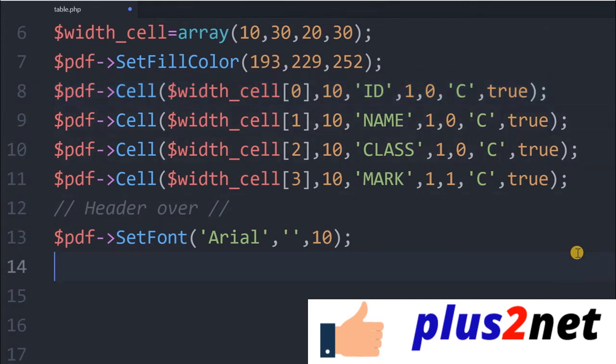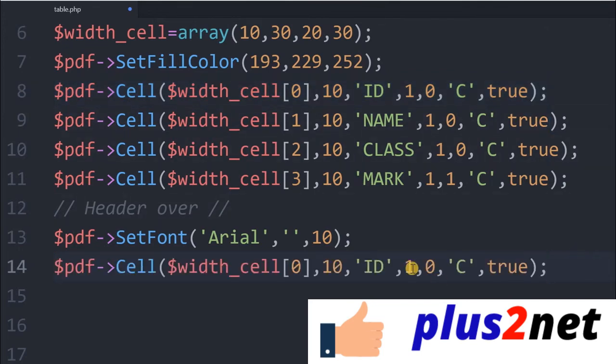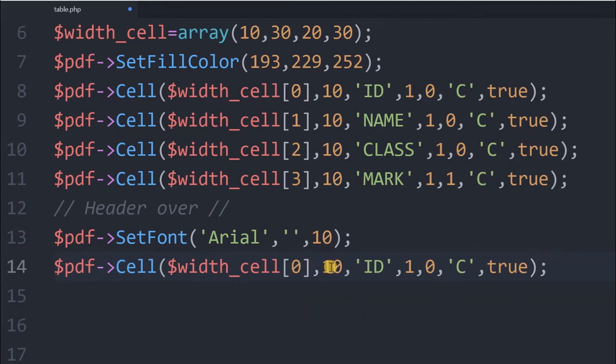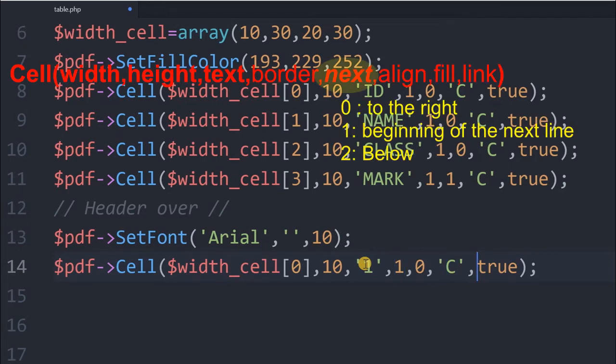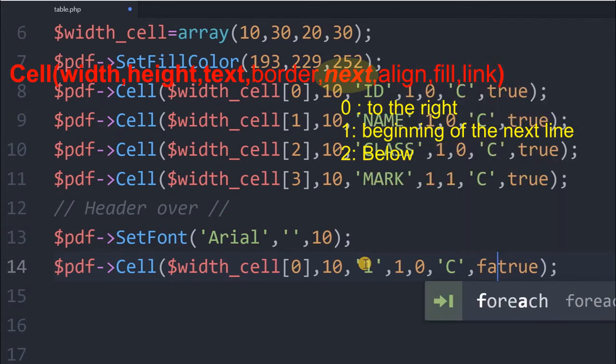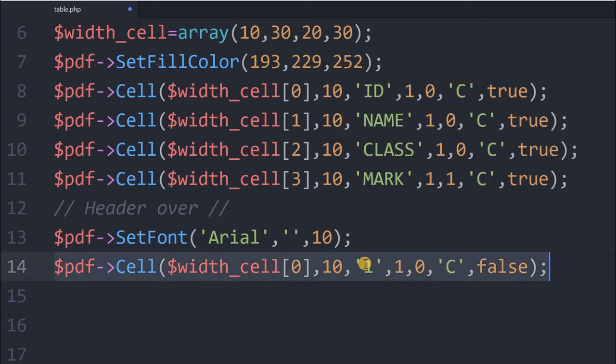This will copy it here, put it. So width should be maintained as it is. The width of the cell, we have taken as an array value, so that's why we'll maintain it equally. Now here we'll say ID is 1 because this is the first record. Now all the sides we are giving border 0, center aligned, and fill is false because we don't want the data cells to be filled, so this is fine. So the first cell of the data row is over.